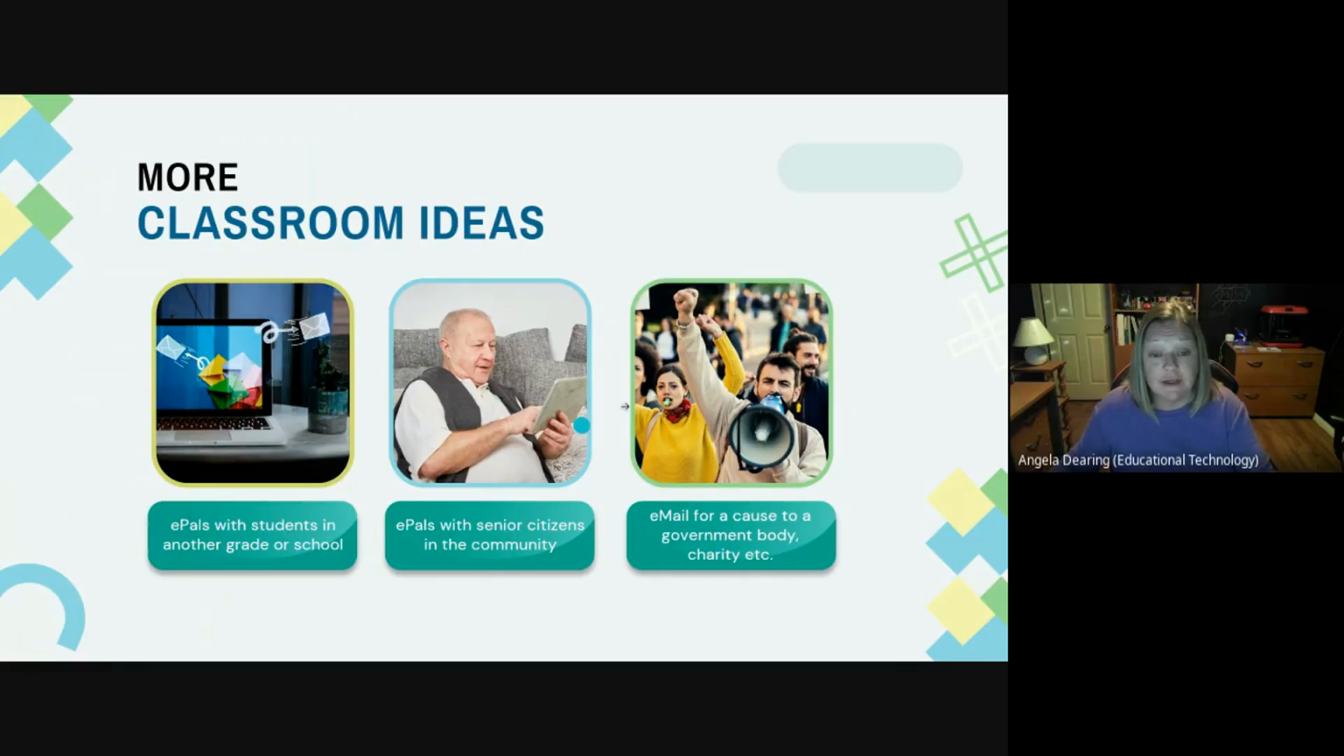Maybe you could talk to a local senior citizens home in our community and set up doing ePals with seniors. I know through the COVID shutdowns, when everybody was locked up, there was a lot of technology brought into different seniors facilities to make it easier for the people living there to stay in touch with their loved ones outside. So having an email program with some seniors would be a really great way to have your students practice their email skills too,